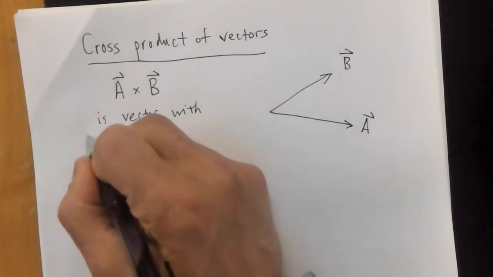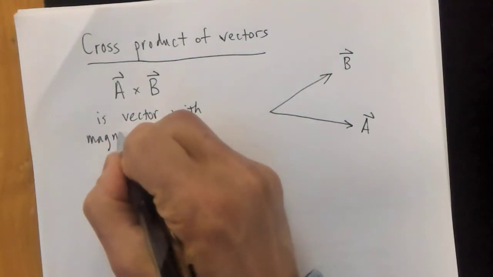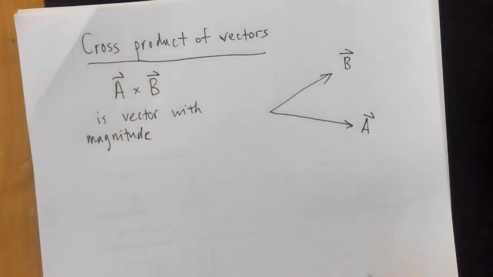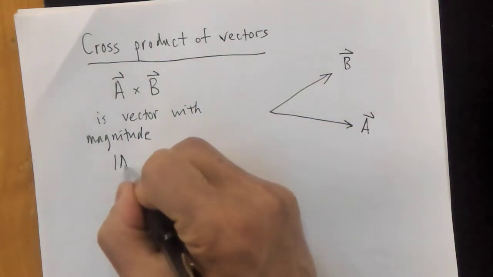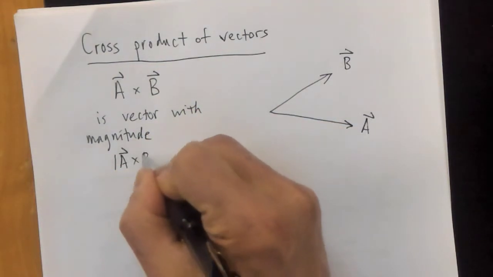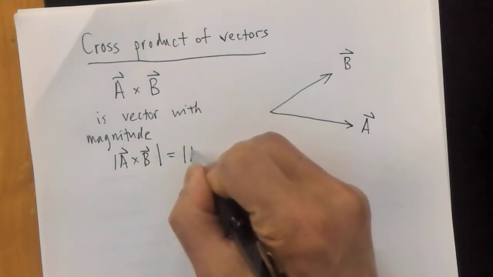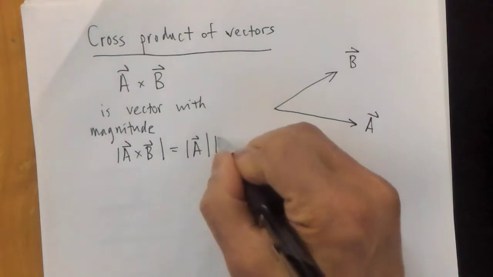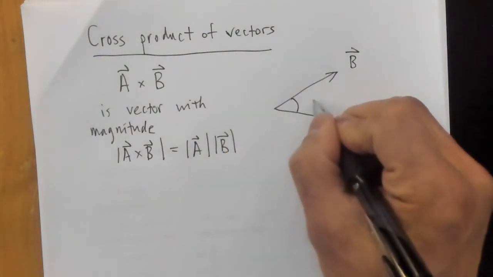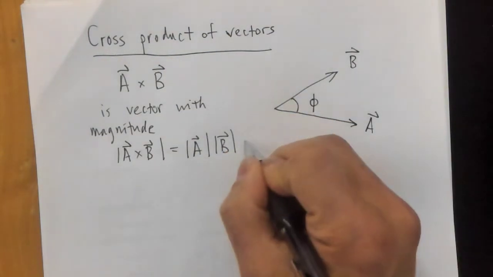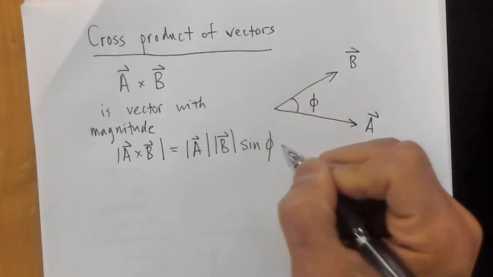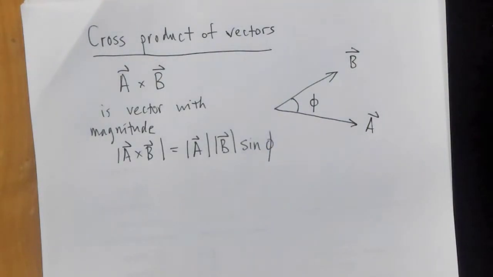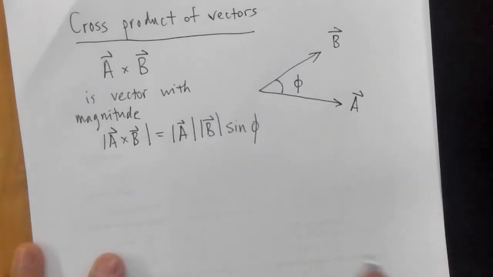with magnitude, and so I'll just write this. The magnitude of A cross B is equal to the magnitude of A times the magnitude of B times, if this is the angle, let's call it phi, sine of phi. Okay. Now, the other point is that the direction